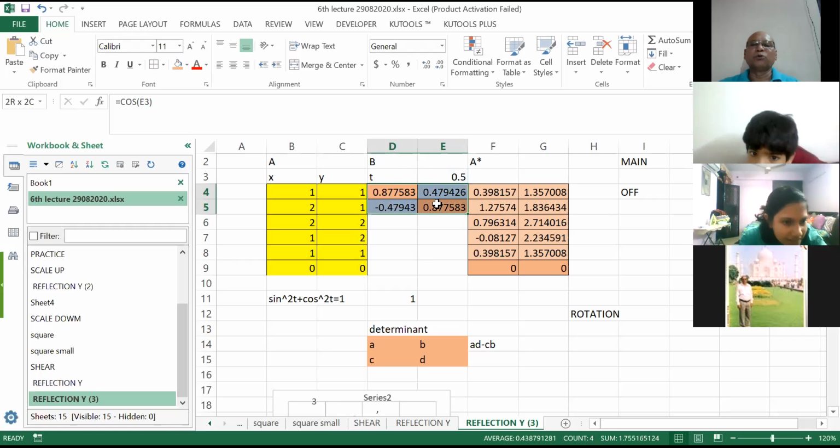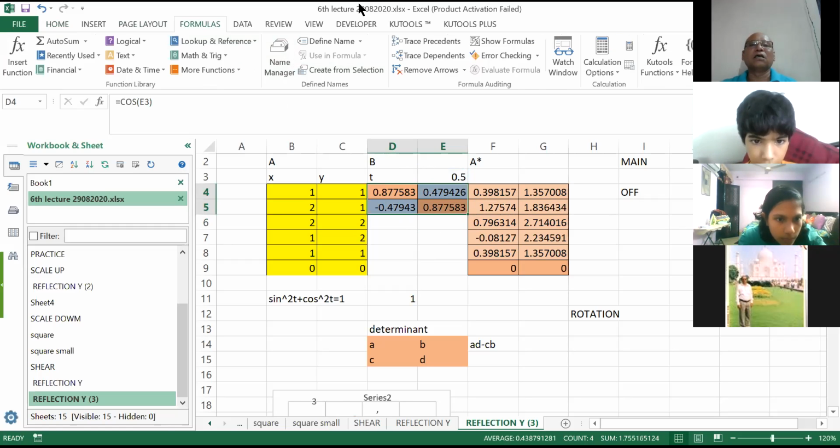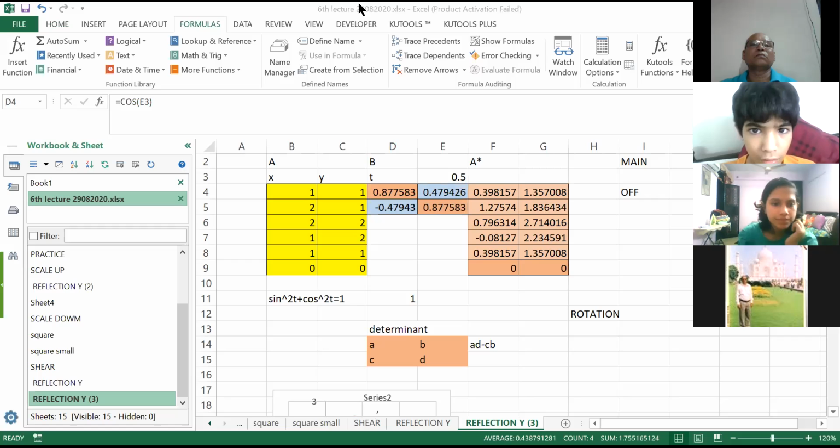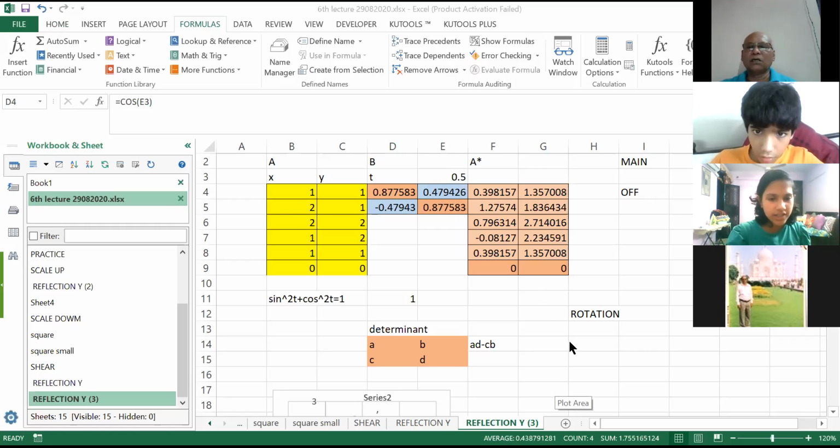Now you see this, I have put the formula and the values have come. But you can see what formulas I have written here. How can you do that? You go to the formulas menu in the menu bar. Can you please click on each of the cells? You follow me, what I am telling.